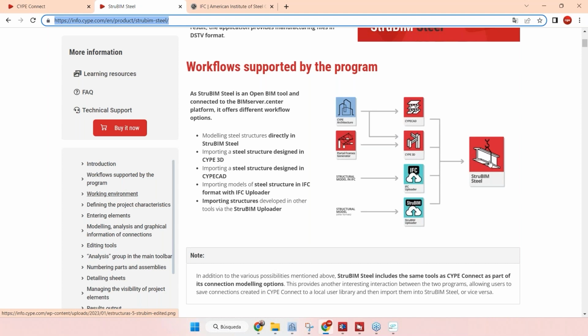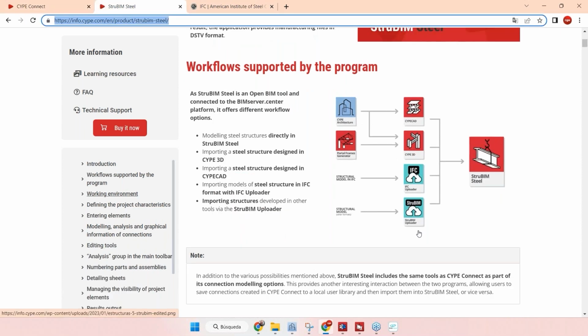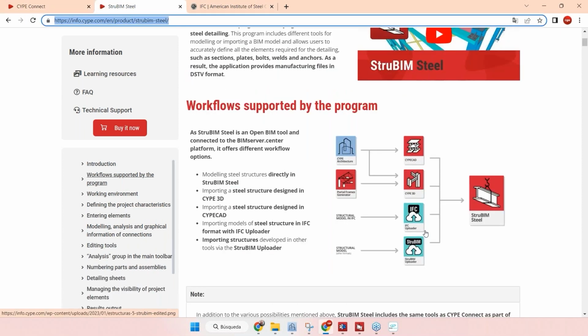And here in StruBIM Steel, actually you can do everything that you can do in the CYPE Connect workflow, because CYPE Connect is integrated also inside of StruBIM Steel. Okay, so if you have the CYPE Connect codes in your license, you can also open CYPE Connect through StruBIM Steel and use it to model the connections as we have been doing before, analyzing the connections, and